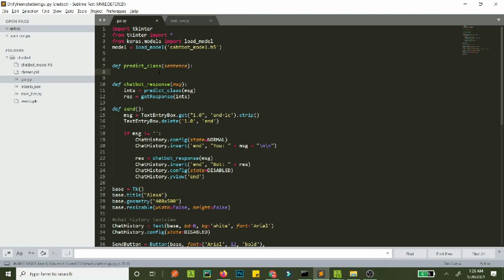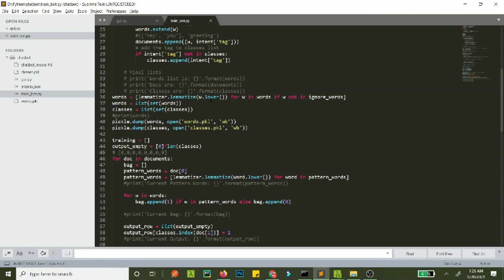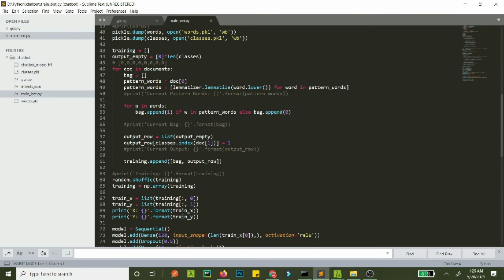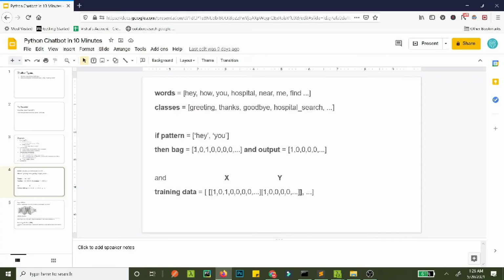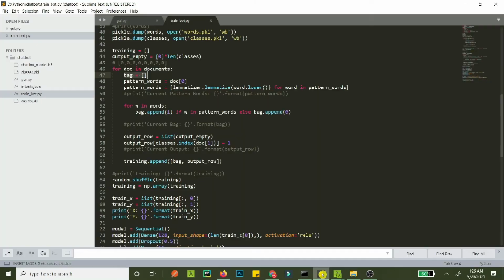So now to predict, as we saw here, we transform the sentence into a bag, right? If you recall, we had a sentence and then we converted that sentence into something like this. Let's call it a bag. So we have all the words from our words data that we had, and all the words that are in the sentence are made 1 and the rest are 0, right? So this is what we'll be creating from the sentence. Again, to create that,